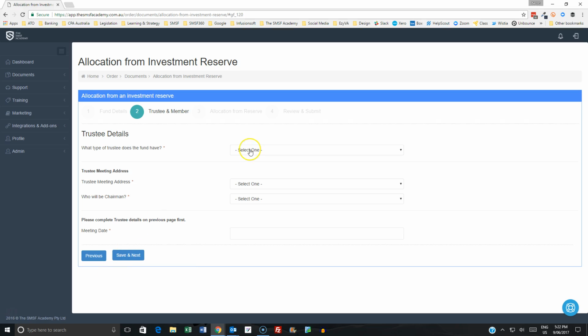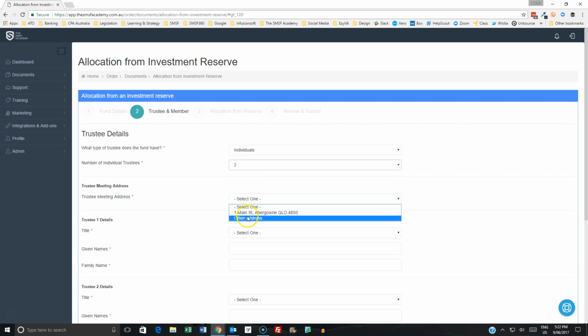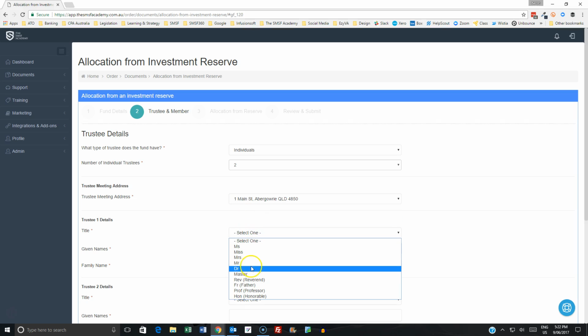as a concessional contribution. And in essence, that allocation is to be made fairly and reasonably to all members of the fund and be no greater than 5% of that member's account balance at the time of the allocation. So I'm just going to go through and prepare here a document to show you the outcome that we have